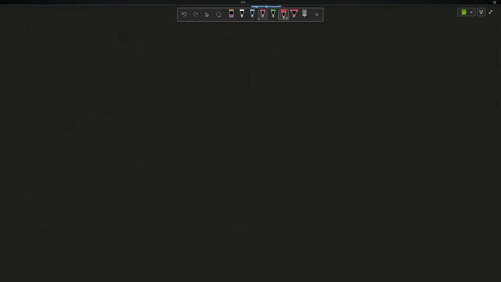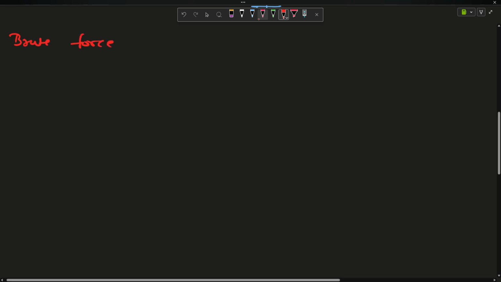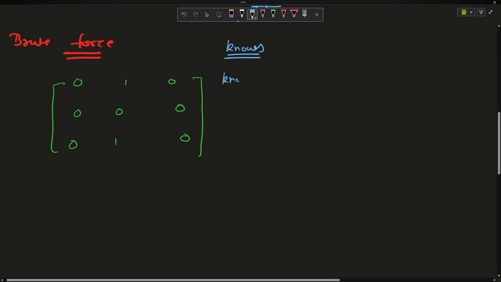Okay, so what is the brute force? The brute force is simple. Suppose this is the matrix 0, 1, 0, 0, 0, 0, 0, 1, 0, right? The problem is simple. We know that whenever there is 1, then i knows about j. So I create a knows array, and I create a known by array,